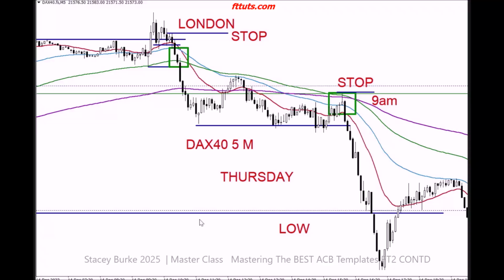We coil into our US session window, we get our pump into the coil and an engulfment candle, allowing traders to position themselves into a market that is now potentially about to collapse and go vertical into that US session, an ACB template. Simple, closing in breakout at the extreme, breaking higher, reversing, coiling sideways, positioning ourselves, putting a stop in place, and walking away. An ACB template